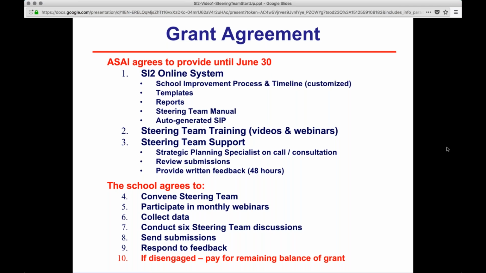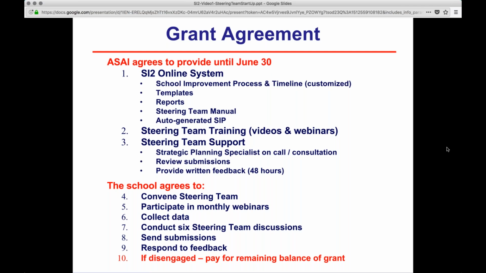She's also going to be the person who reviews your submissions and provides written feedback to you within 48 hours. And the feedback is very valuable. It helps you with the planning standards. We also make sure that we've cross-referenced with DOE, especially as the ESSA rolls out. We're keeping an eye on all of that, and we're going to make sure that your plan meets the federal and state guidelines that have been set forth to the very best of our ability, so that you don't have to worry about that. We want you to focus on planning for your school. As a byproduct, you're also going to meet all of those other requirements.